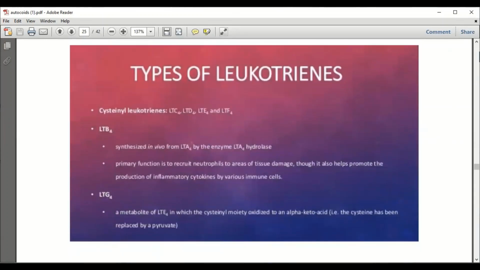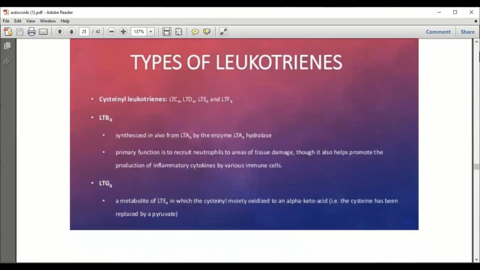Leukotrienes are in 4 types. There is leukotriene B4, leukotriene G4. Leukotriene B4 is synthesized from leukotriene A4 by an enzyme called hydrolase. Its function is the recruitment of neutrophils in acute inflammation or tissue damage, so that it can promote